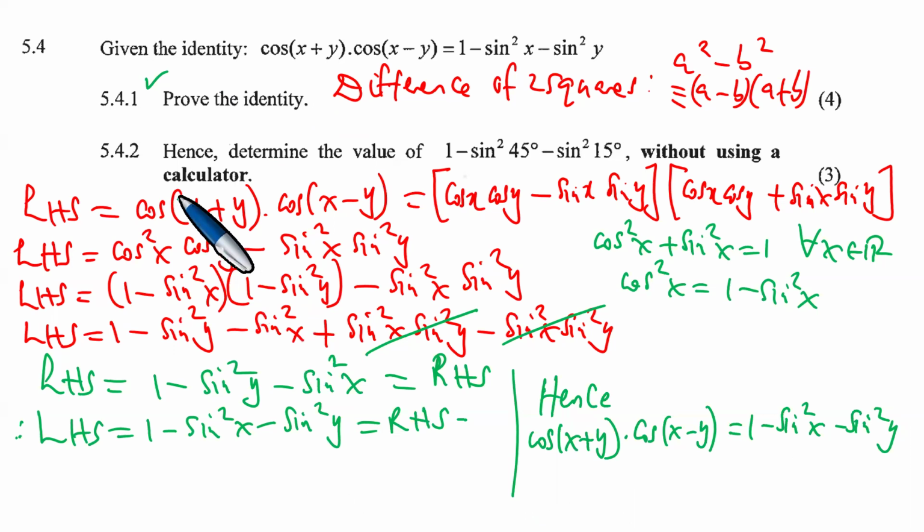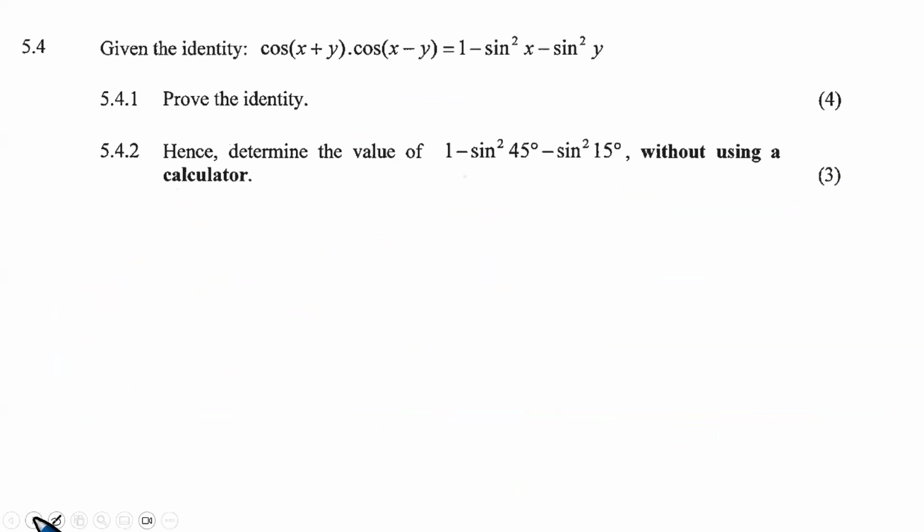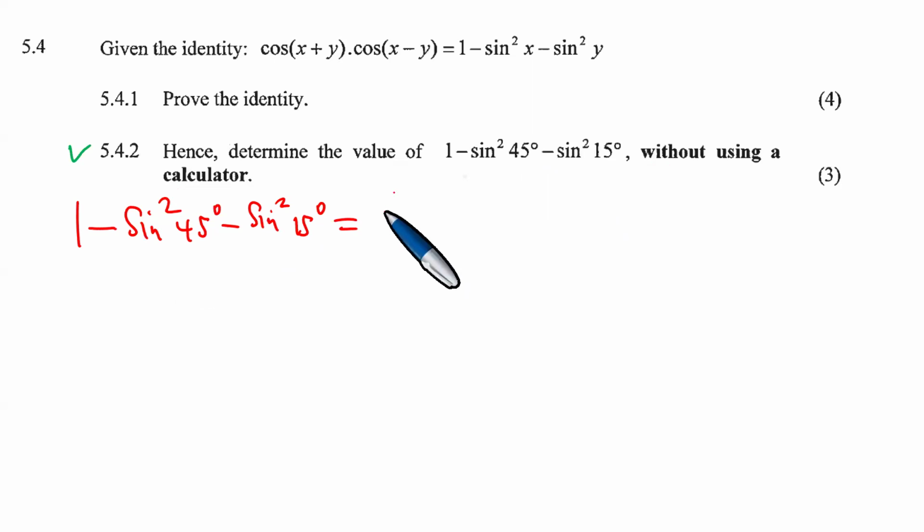In the next question, the examiner is asking something similar. And the examiner is saying at this point, hence determine the value of this expression without using a calculator. So let's find the value of this particular expression without using a calculator. First and foremost, we need to realize that to get the answer here without using a calculator, 1 minus the sine squared of 45 degrees minus the sine squared of 15 degrees, which is this,